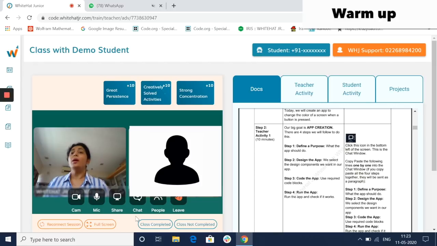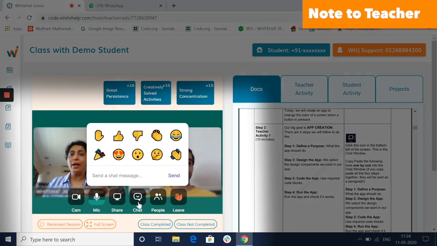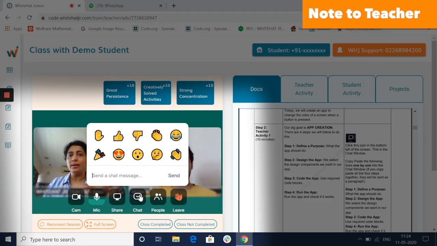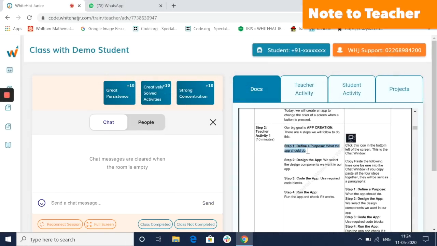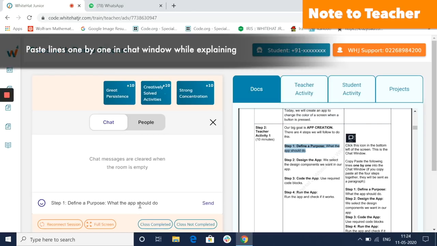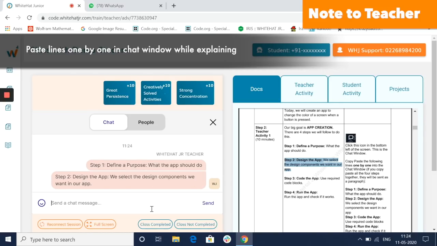Now here at this point, as you say these 4 things, or when you finish saying these 4 things, open the chat window, click on this icon. Let me show you again this icon here, which says chat on the video panel. Click that and one by one, copy using Ctrl+C, click here, Ctrl+V and send it to the student. Again, Ctrl+C from the document, paste it here and send or hit the enter key.